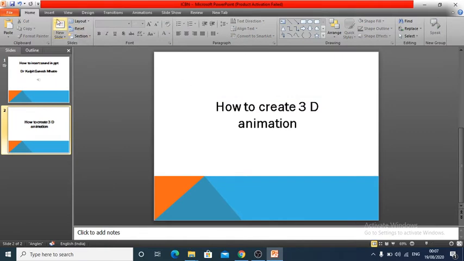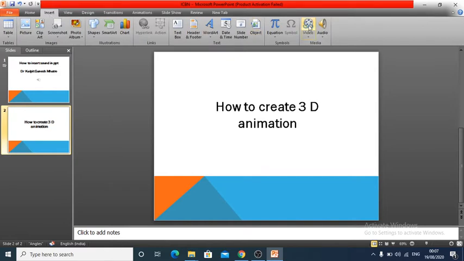So for this purpose, I will click on insert. Here you can see at right hand side video and audio option is there. I will click on this audio option. Now it is showing me audio from file. So if my audio clip is recorded or my sound is there in the computer, then I can directly pick up that sound by using this option audio from file. And if I want to record my own audio, then I can click on this record audio. I will go back again and I will explain once again.